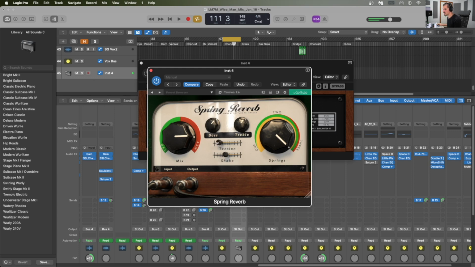We can decrease the tension to really hear the slap of that spring on the transient. So it's not something I would necessarily use on E-piano. I would, again, use it on guitars, but the spring reverb from Softube is definitely one of my go-to reverb